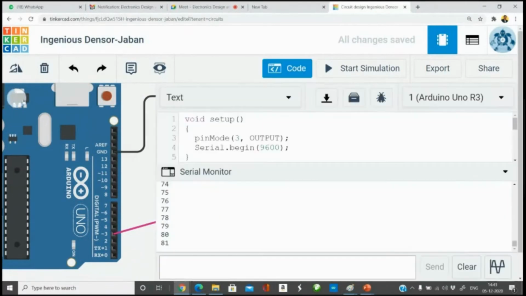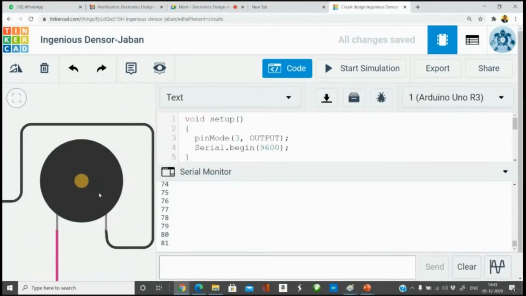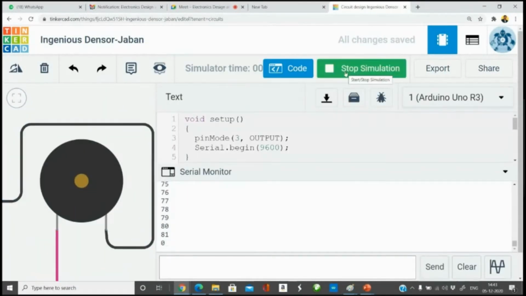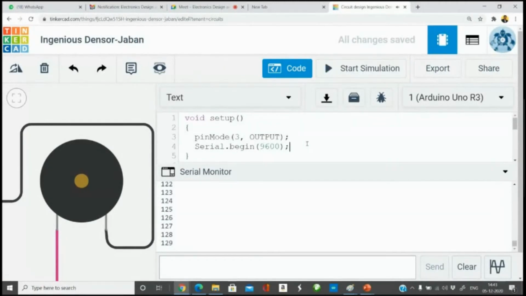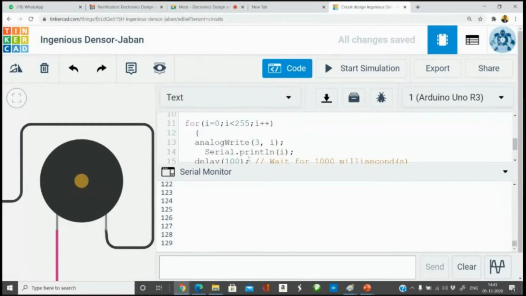Observe the serial monitor and take note of the sound as well. Maybe the delay period is much higher, so I reduce the delay to 10.